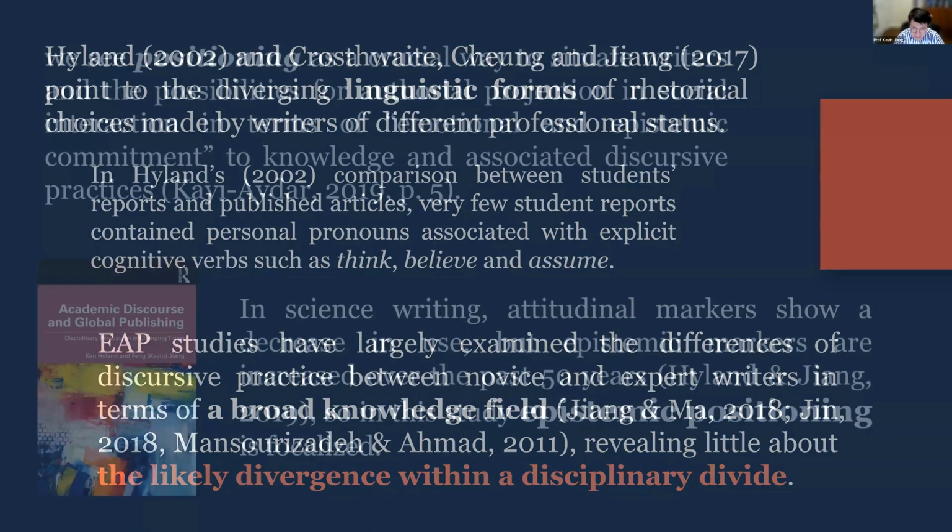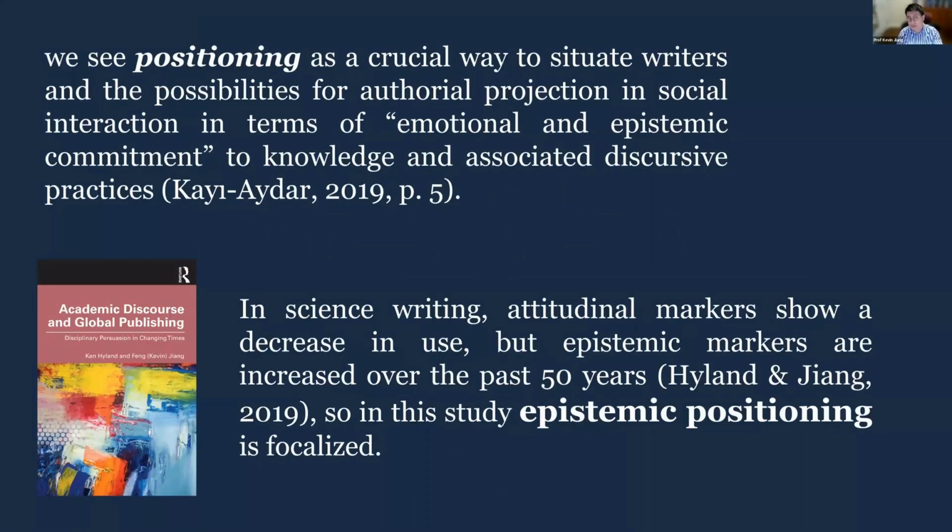So in this study, we look at students' academic stance given by students and expert writers, and we use the term positioning as a way to situate writers and possibilities for authorial projection in social interaction in terms of emotion and epistemic commitment to knowledge and associated discursive practice. We use positioning rather than stance because we think this term is a better one to help us see how writers socially construct, socially contextualize their self-projection, self-expectations, and parts of what they are